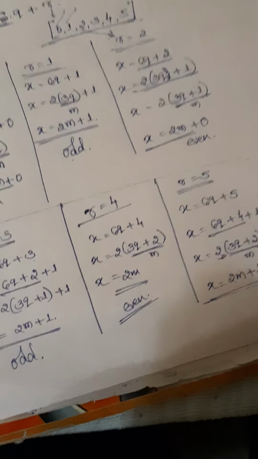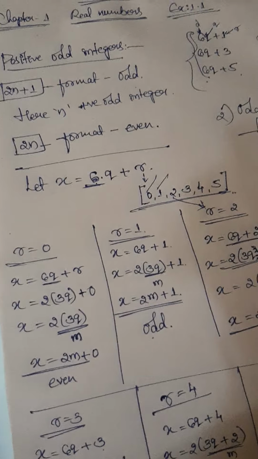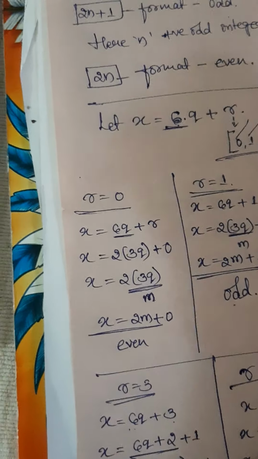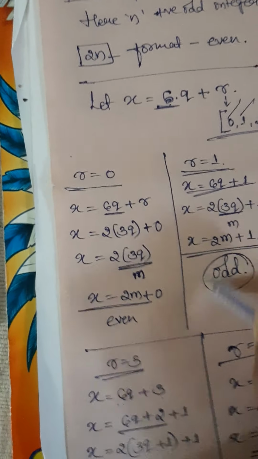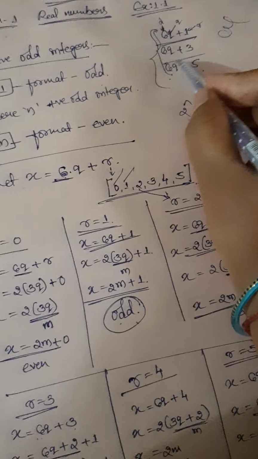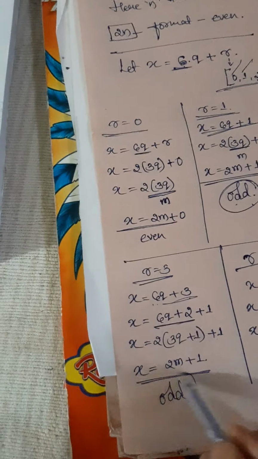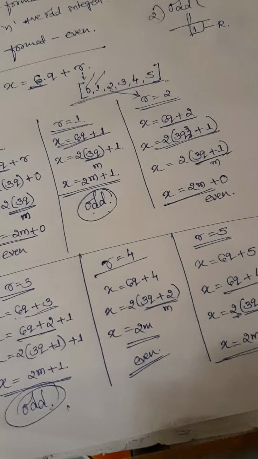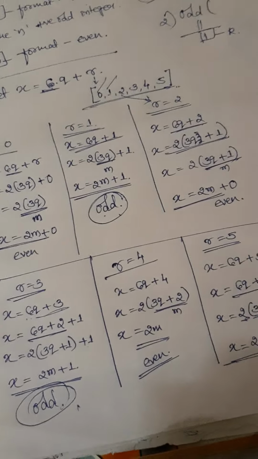So what the question is asking: show that any positive odd integer is of this form. 6q plus 1 is odd, 6q plus 3 is odd, and 6q plus 5 is also odd. Hence